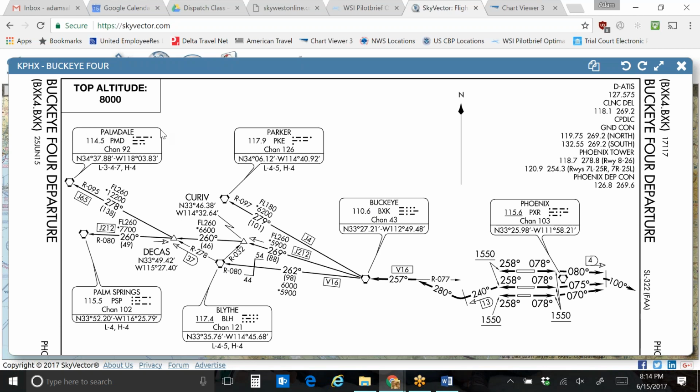any of these boxes like this, it's telling you that it's a VOR first and foremost. But when you see these boxes with the coordinates in here, when these are listed on the SID like this, this means that they are all what are called transition points on a SID. Okay. So when you as a dispatcher are picking your route, you pick your SID first of all, and this